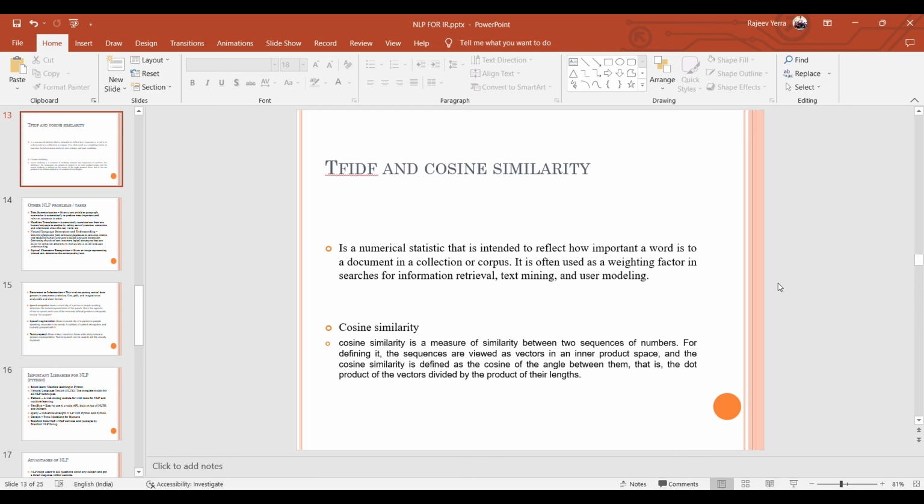Cosine similarity is a metric used to measure how similar documents are irrespective of their size. Mathematically, it measures the cosine of the angle between two vectors projected in a multi-dimensional space. So the cosine similarity and TF-IDF, these two will help you understand how similar the documents are. For example, let's take two documents which are related to different topics. You can't know what the relation between the two topics is. So the cosine similarity is very far apart for these two documents.